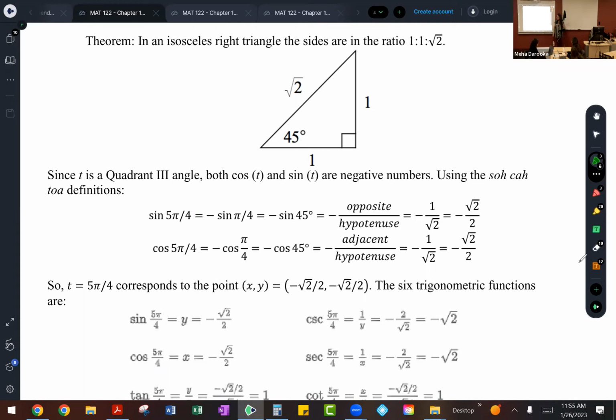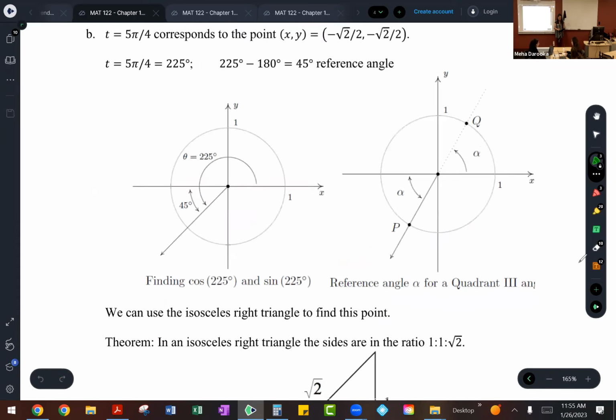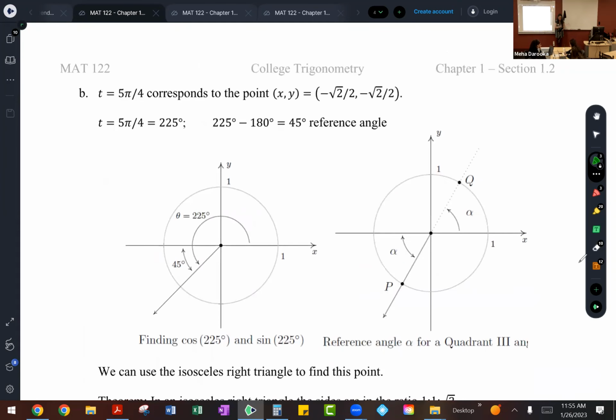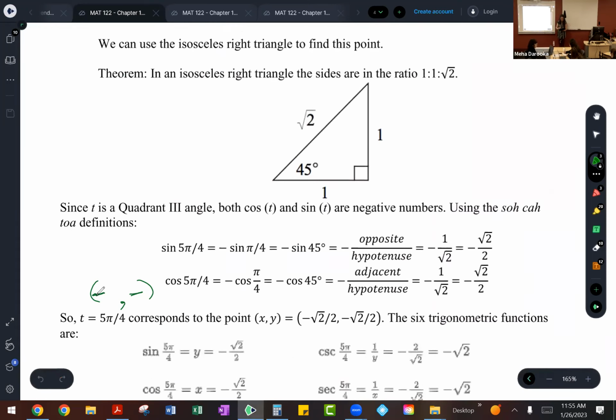Because you were in quadrant 3, right? In quadrant 3, what's your X and Y coordinates? When you put your ordered pairs, what signs do you put on X and Y values? Is Y positive? Y is also negative, right? Because Y is also in the bottom half, right? Quadrant 3. So you can see both your X and Y values are going to be negative, which means your sine and cosine values are going to be negative. So you will see both of these